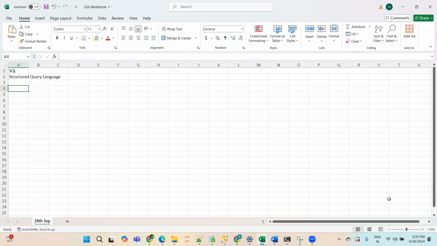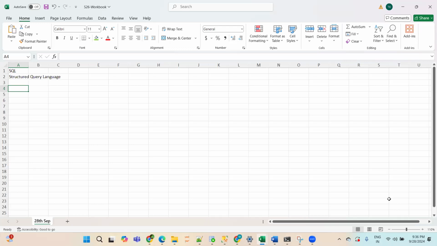Python, how old is Python? No idea, sir. It started in 1990. Okay, then for the last 25 years it has been in the IT industry. But for the last 5 to 6 years it has gained more momentum. It is because most of the projects are based on data, and that is why Python is now in more demand. Maybe we'll discuss Python in a separate course. So we will stick to SQL only.